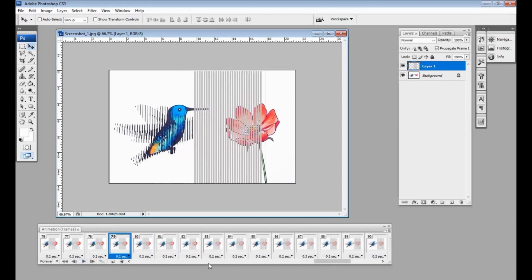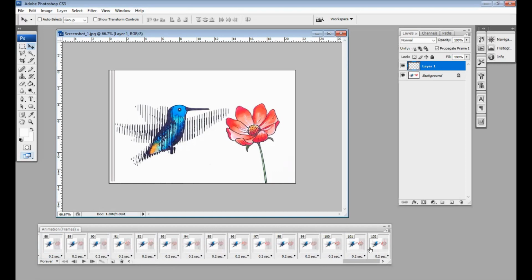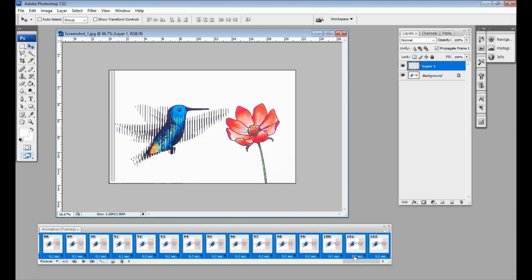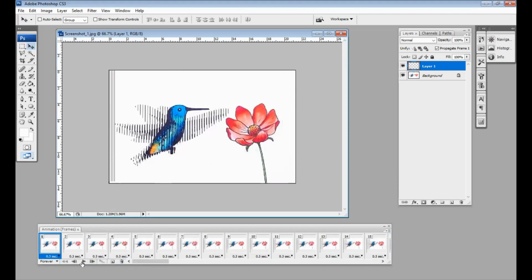the delay of the frame. Choose the first frame and hold shift and choose the end frame, and we set the duration maybe 0.3 second, I think. Yeah, okay, let's try from frame 1.